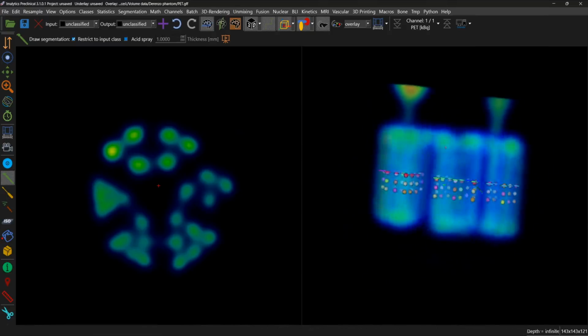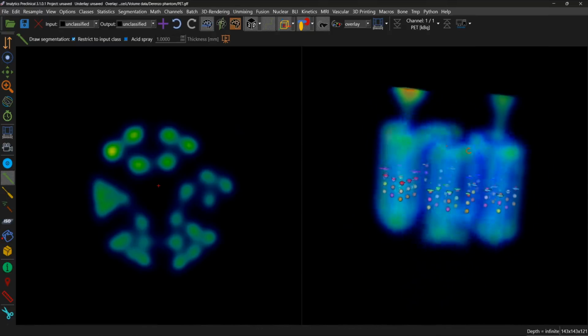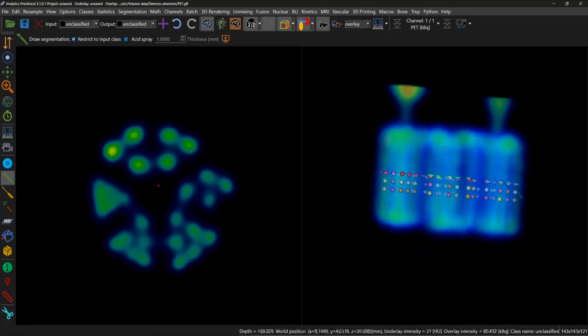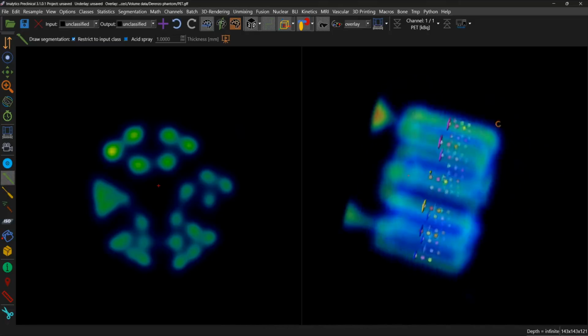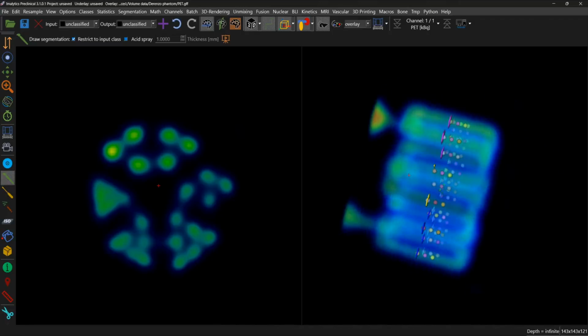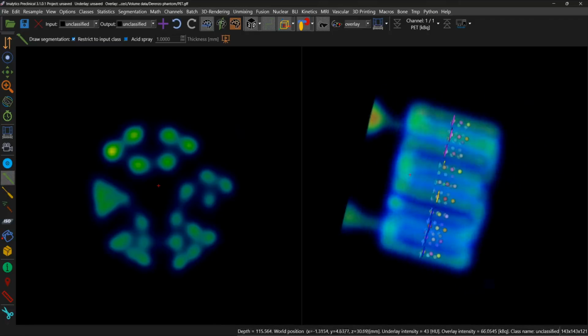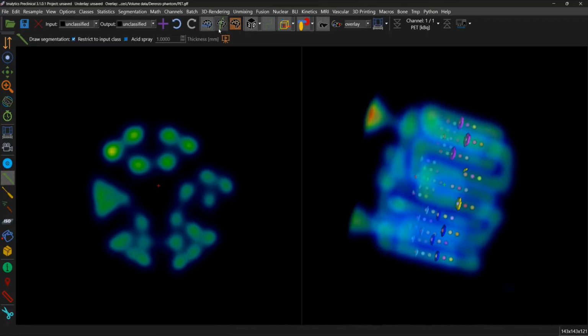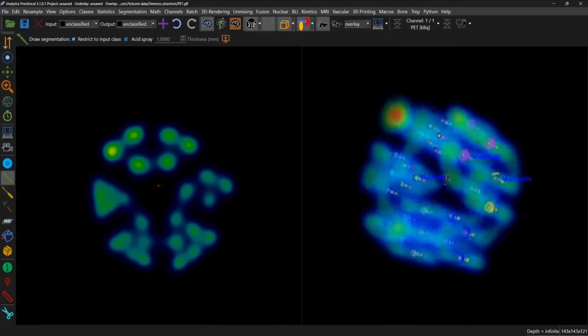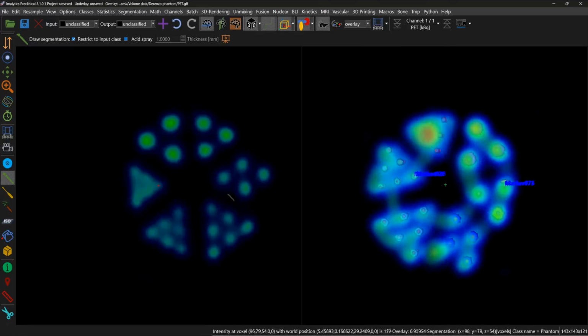And so what we have is a marker placed at the geometric center of each rod at 3 planes orthogonal to the length of the phantom. So for each plane, this would be the first plane, then the second plane, then the third plane, we perform line profiles for each section. So if we go to one of these and find the markers, we can see